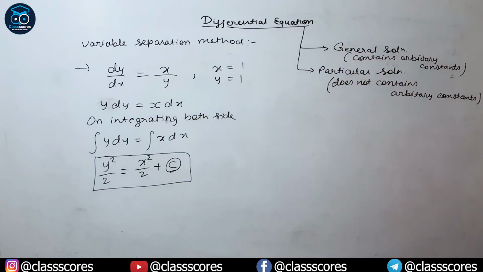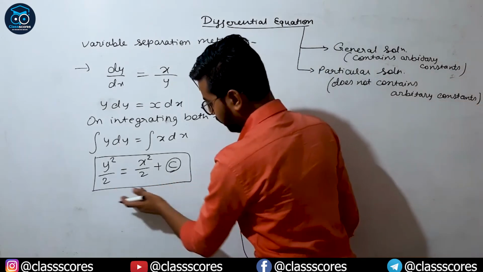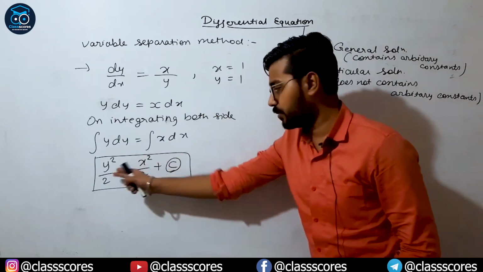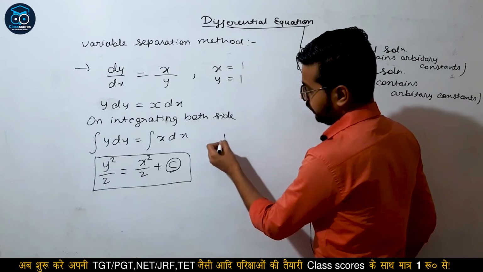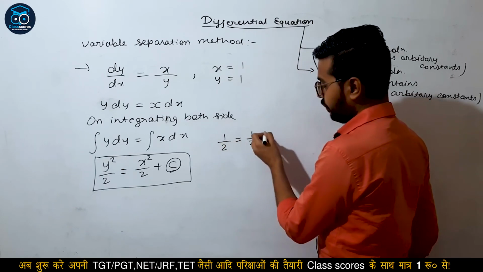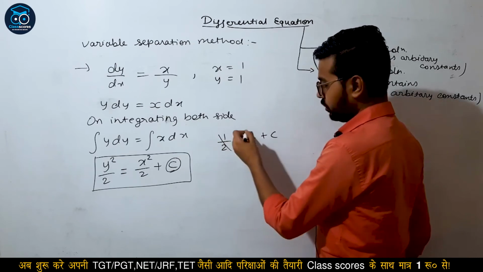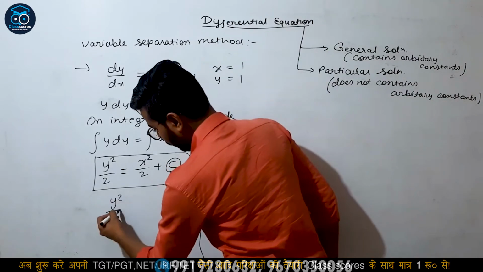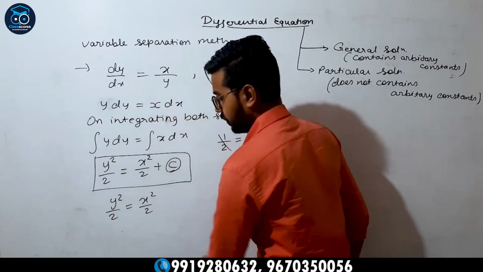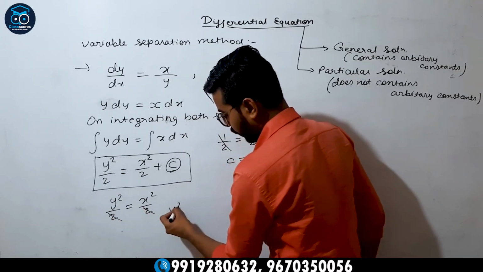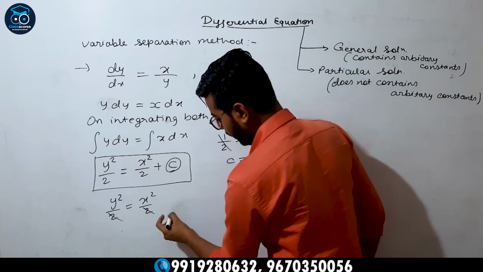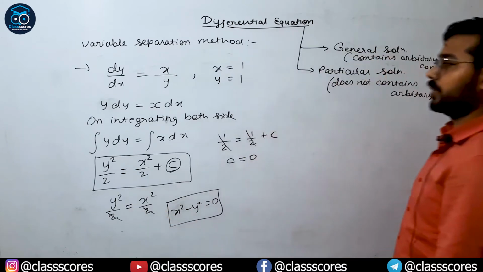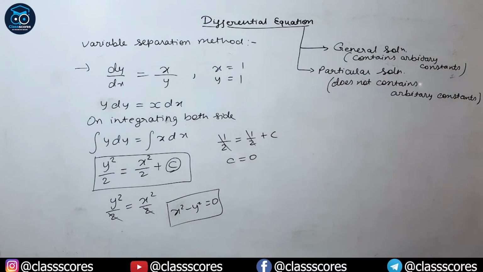Now find the equation. Here we get our given equation. Here we find the equation. We just need to substitute the value of x and y. If we substitute the value of x and y, we get this. If we transpose this, we get the value of c is 0. Now substitute the value of c, so we get, 2 will cancel out, so we get x square minus y square equals 0. So this is our required equation for the given function.